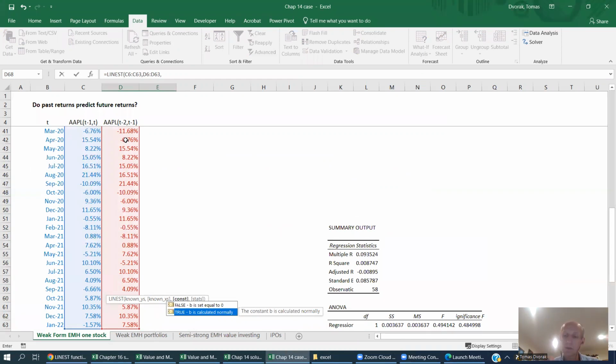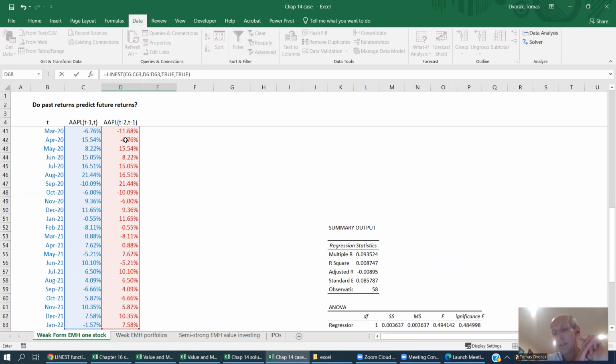I don't want it to be constrained to be 0. So I want my regression to have an intercept. I'm going to hit tab, and I want additional regression statistics, namely the standard error. So I'm going to hit enter on that, close the parentheses, and